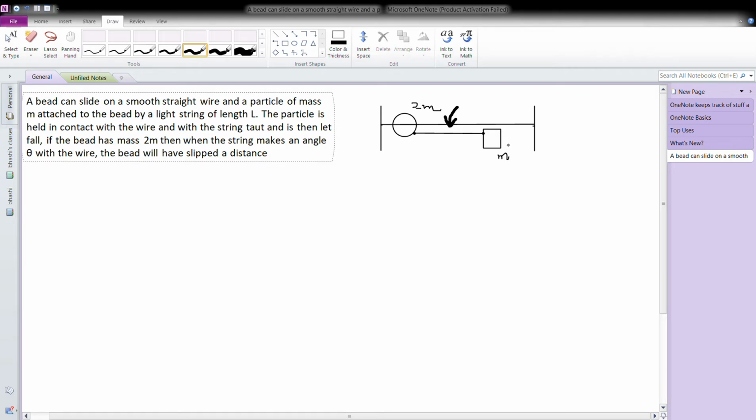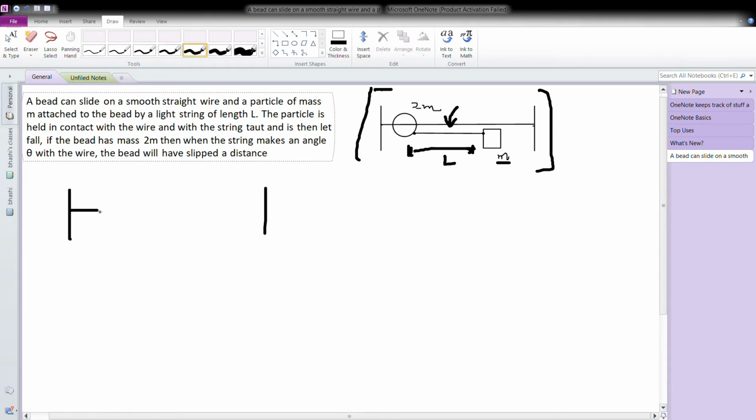And a particle, which has mass m, is attached to this bead by a string, and the string's length is capital L. The particle, which has a mass m, is in contact with this wire and with this string. Now initially this was the case. Now the question says that now